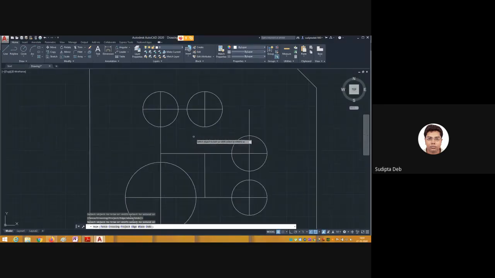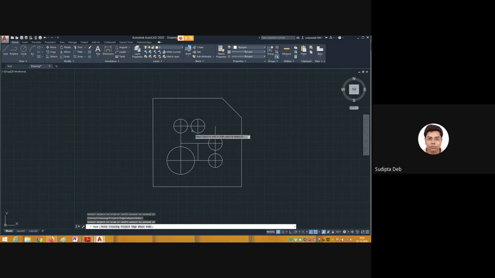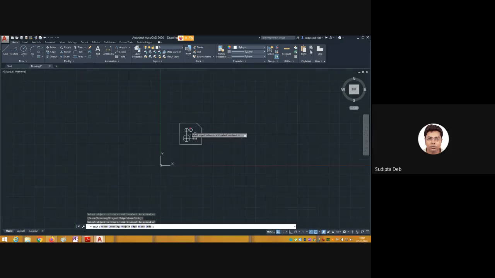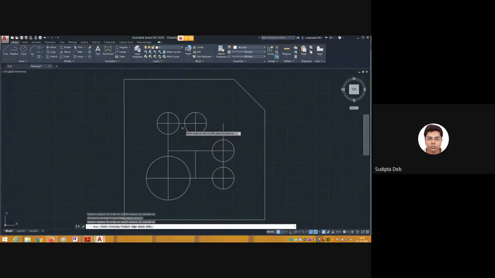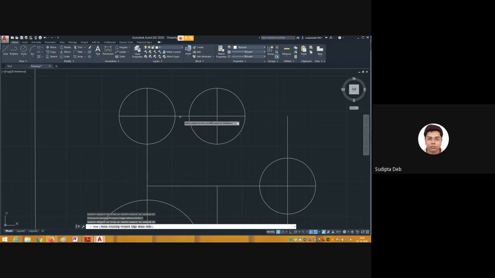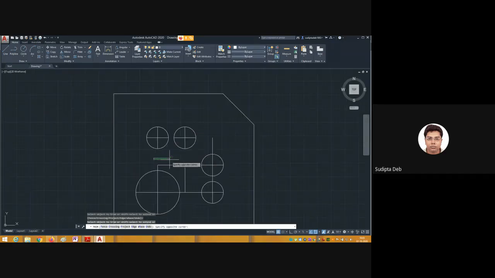Right now, just you see, sir, this is very close. If I trim it, it is very difficult to trim. That's why I rotate my scroll bar to zoom in on this section, and now I can trim this part. I can trim it. Also, I can trim in this way also, like this.